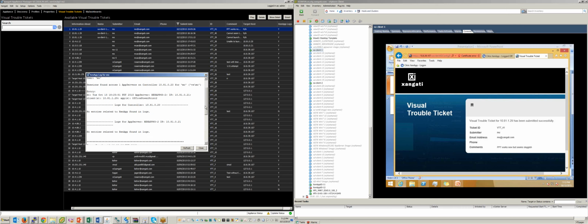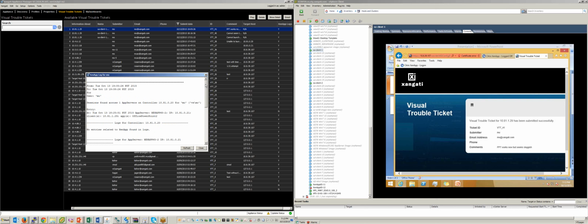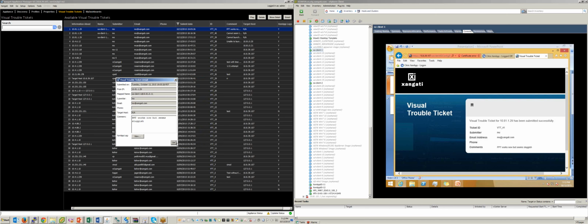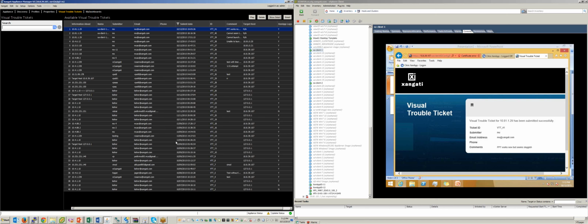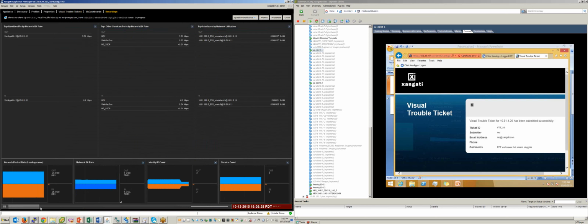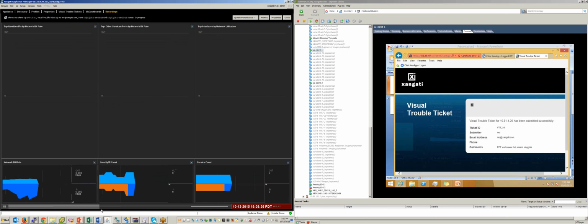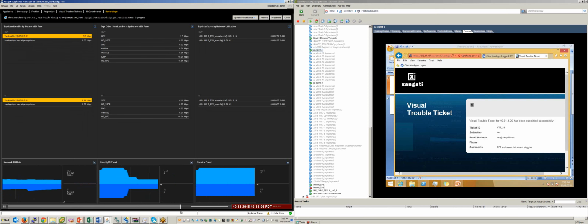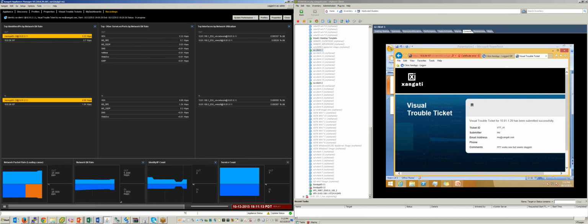So this tells us that it is an issue that is not related to any service being down or anything like that. So what you want to do at this point is play the VTT, and let's see what it has. So if you play the VTT, it's showing what the client does, but then you notice that XenApp 6 is also showing an issue. So if you click on that,